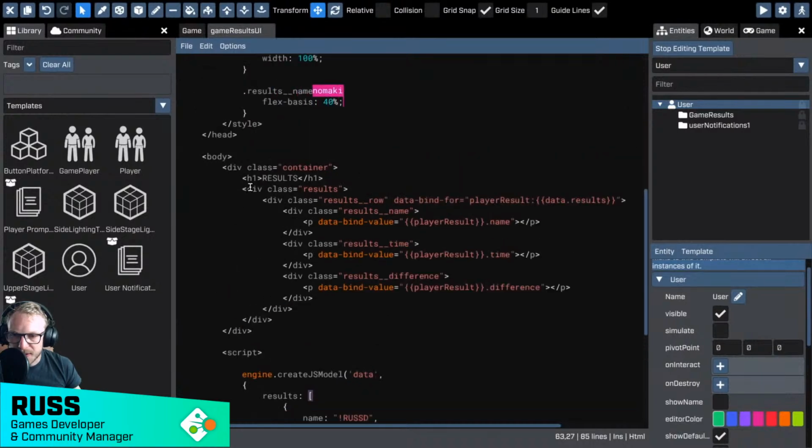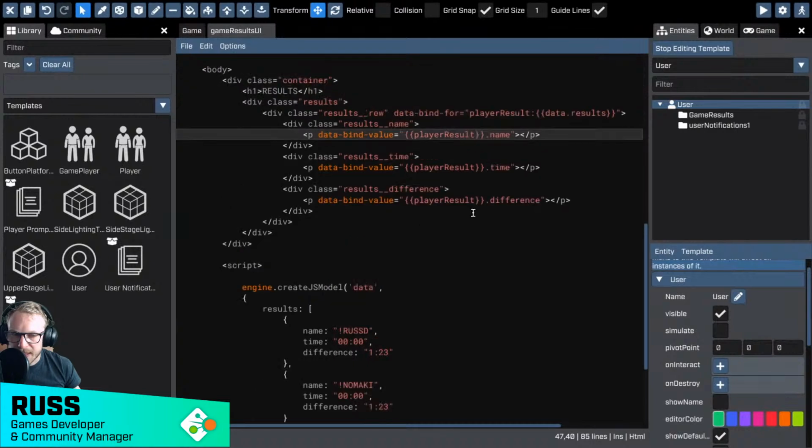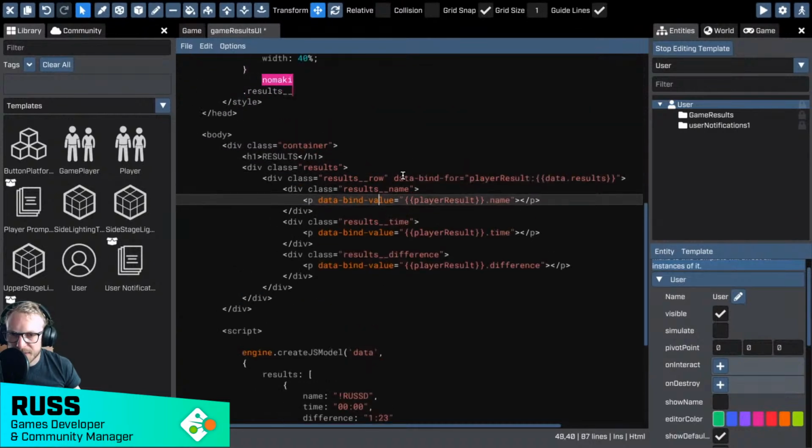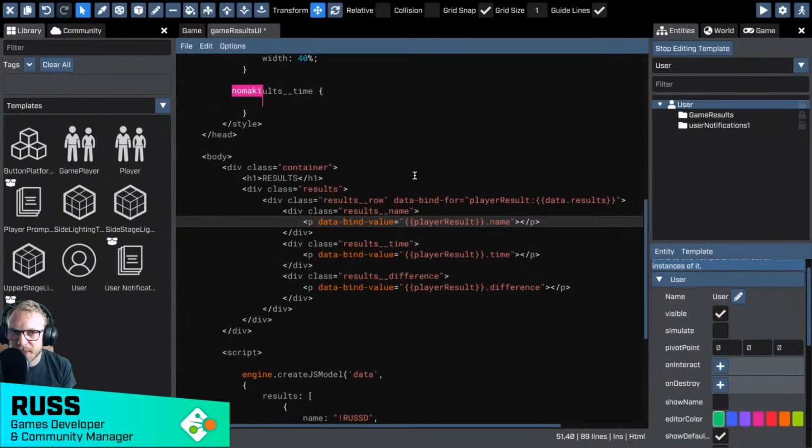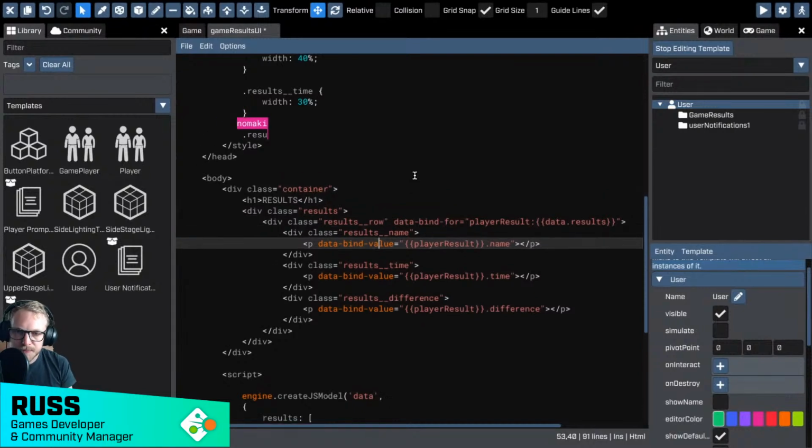Okay, so now in code, what we see is our data bind values again. So we can see that we have data bind value player result name. Player result isn't strictly in our model here, but we've got another clever data bind, which is a data bind for. If you're someone who's come from a coding background or is starting to pick up Lua, you may have come across a for loop in Lua, or just in general programming. A for loop will basically loop through